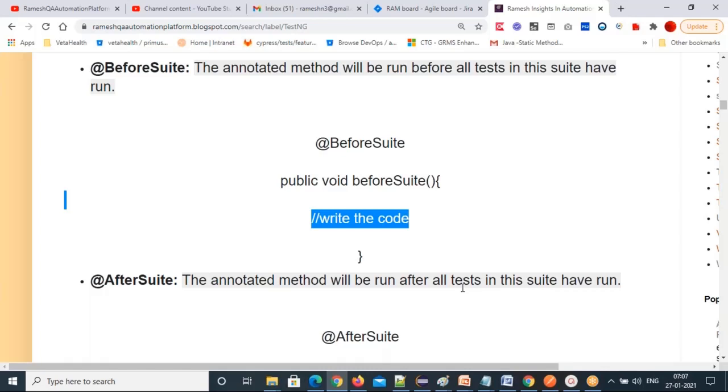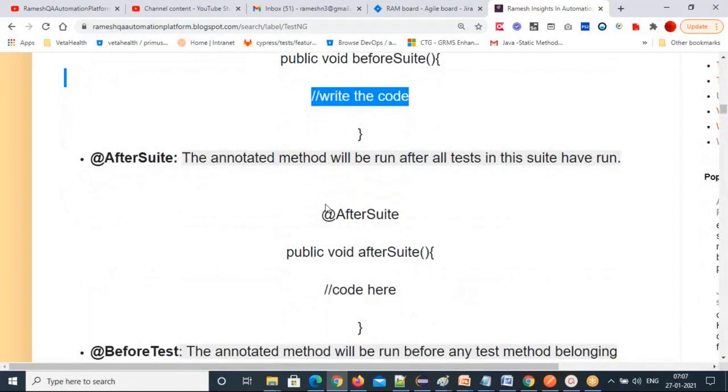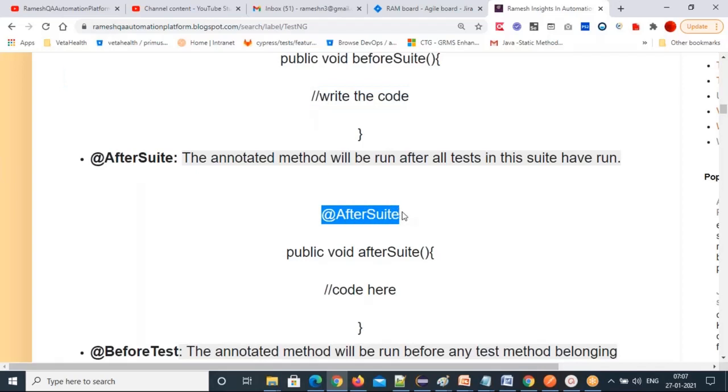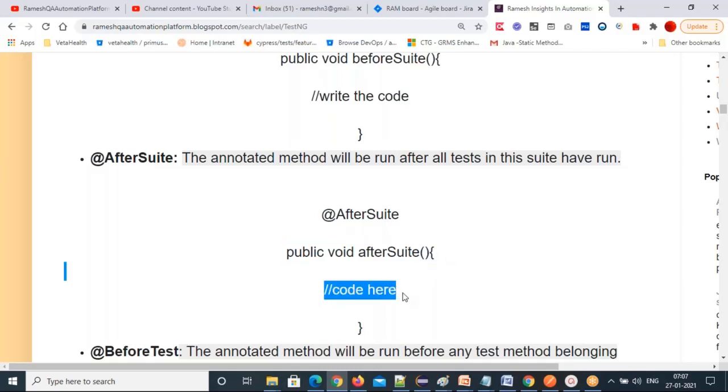Maybe clean up code, maybe collecting the logs. This kind of thing if you want to do, you can use this AfterSuite annotation. And public void afterSuite, parenthesis, curly braces start, write the post condition related actions in this suite. That's what AfterSuite means.